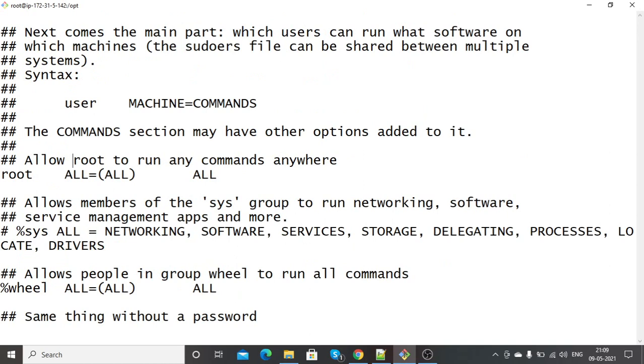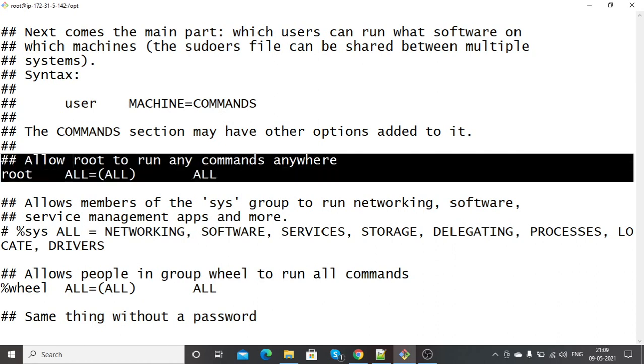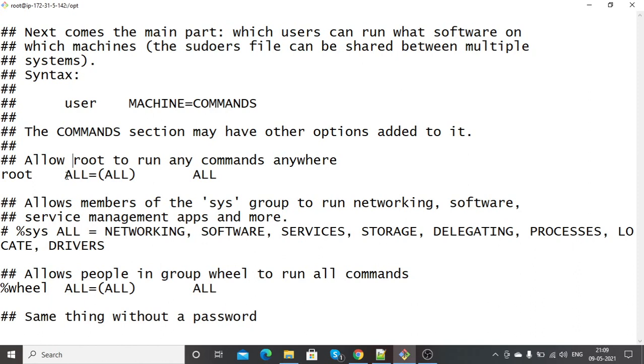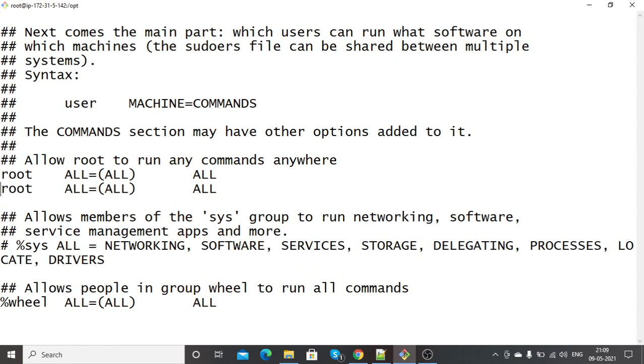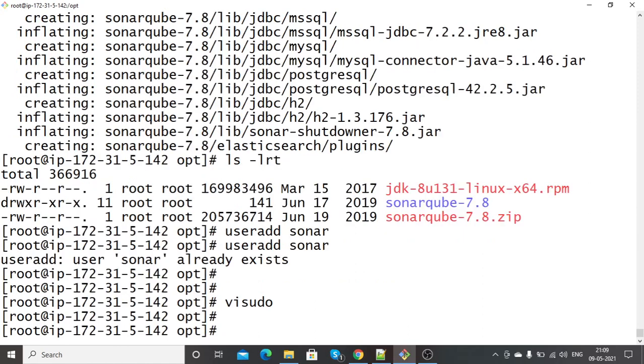Here you can see allow root to run any command anywhere. Here we will have to copy this line, and what we need to do, we need to remove root and put Sonar. We added a Sonar user. Okay, saved.